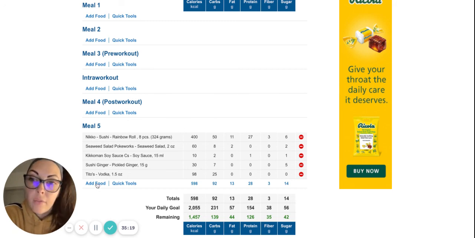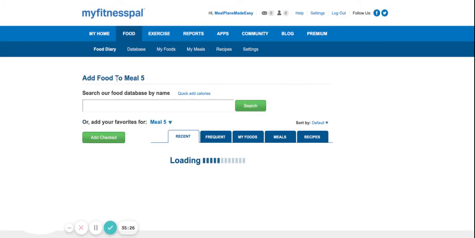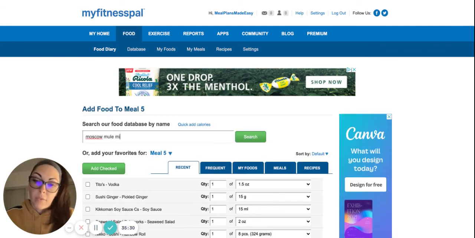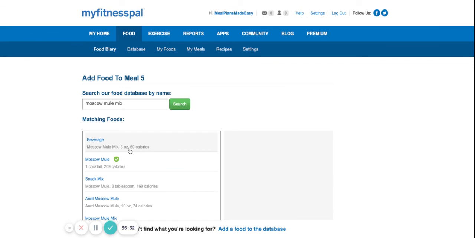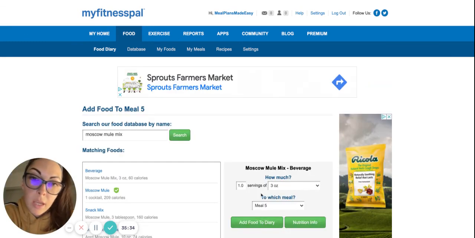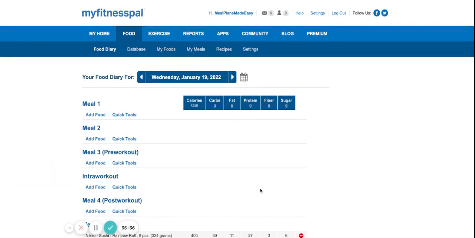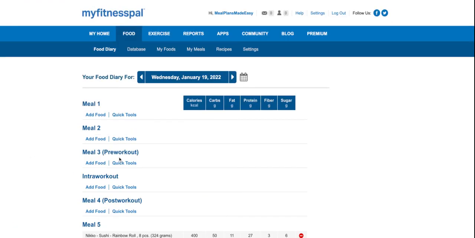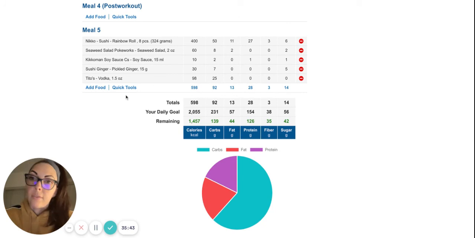Now, if it's vodka soda, soda has no calories like club soda, so you don't need to log anything. But if you're going to have Moscow Mule, you would have to find a Moscow Mule mix in here. There's the mix. 3 ounces of it is 60 calories. It might be more. Like I said, there's a lot of entries in there. So if you want to be on the safe side, you could